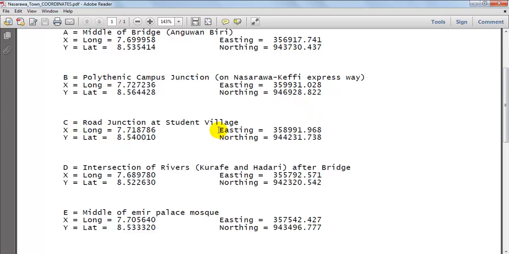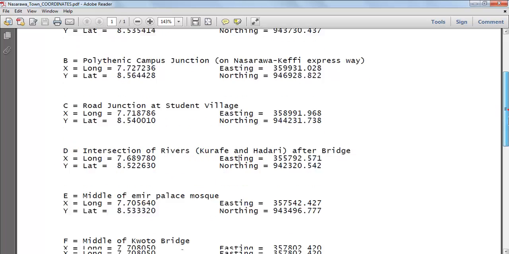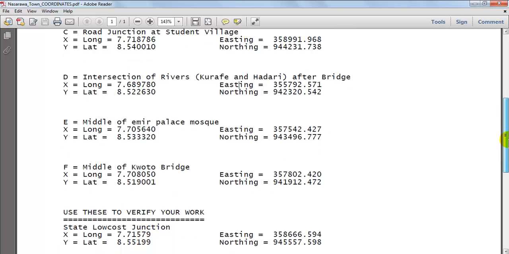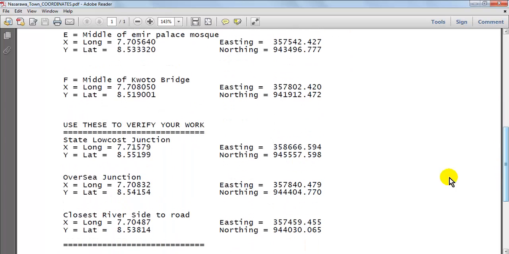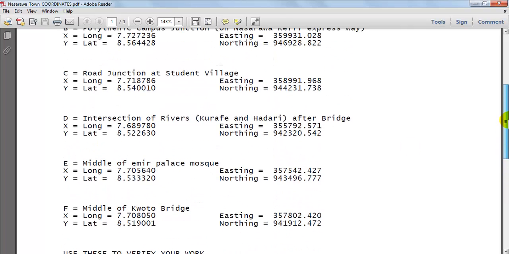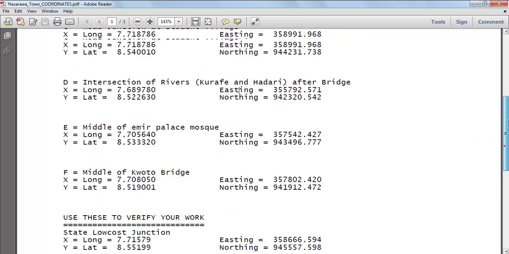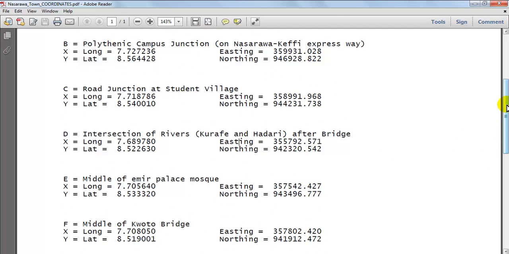Then for control point C, we have the eastings and the northings also. For D, the same thing. E, F is the same thing. And then we have some other controls to verify our georeference. So if time permits, we may use some of these to verify our georeference.